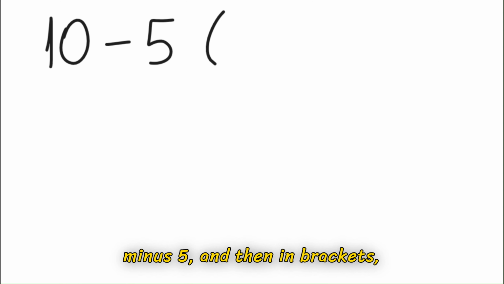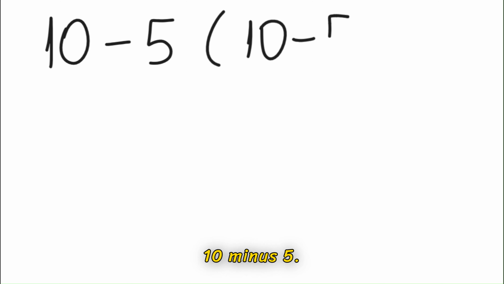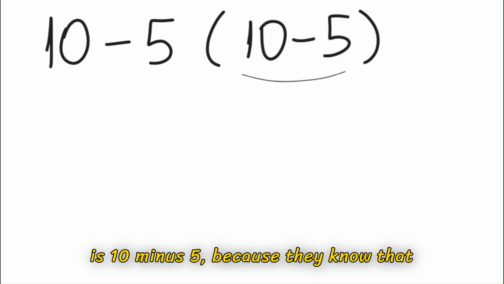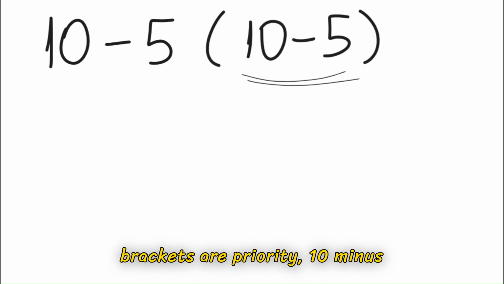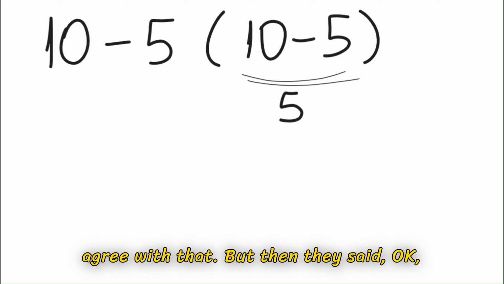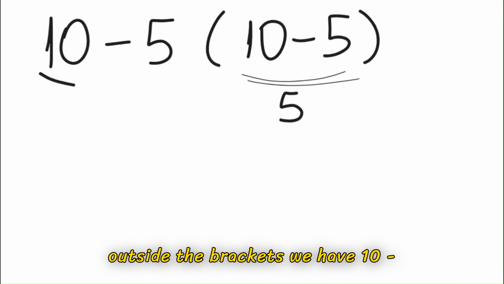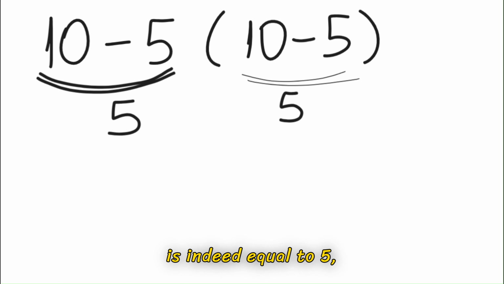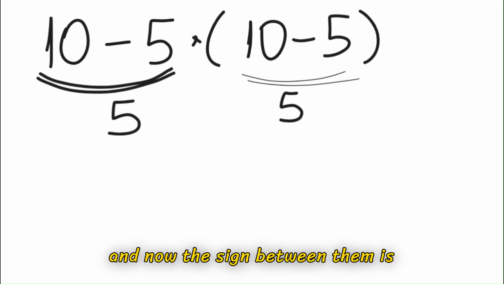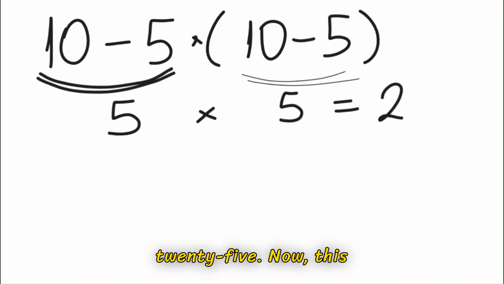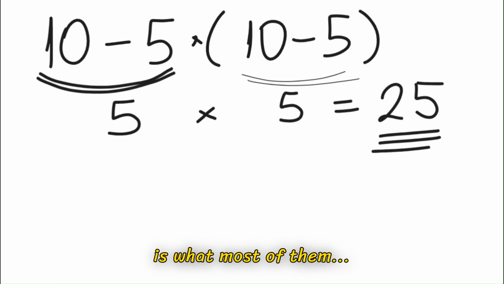Alright, the question says 10 minus 5 and then in brackets 10 minus 5. Now what most of them said is 10 minus 5, because they know that brackets have priority. 10 minus 5 is equal to 5 and we all agree with that. But then they said, okay, outside the brackets we have 10 minus 5 again. 10 minus 5 is indeed equal to 5. And now the sign between them is multiply, so 5 multiplied by 5 is equal to 25. Now this is where most of them